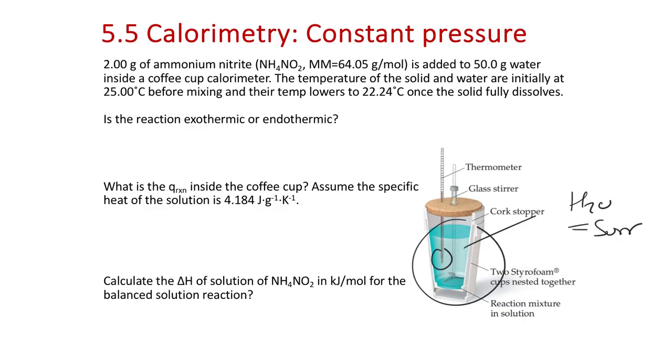Let's take ammonium nitrite being added to 50 grams of water inside a coffee cup calorimeter. The temperature of the solid and water, both assumed to be the same as each other, is 25 degrees C before mixing. Then we mix the 2 grams of ammonium nitrite into that amount of water, and the temperature of this cup lowers to 22.24 degrees C. So right off the bat, we see the temperature of the surroundings, the water, is dropping. So we know this is that endothermic type reaction, and the delta H should be positive